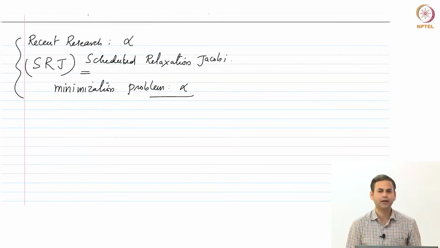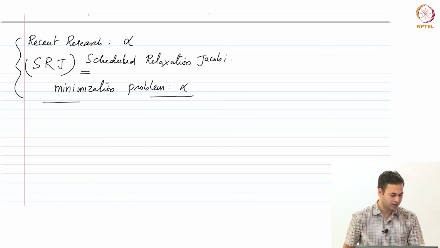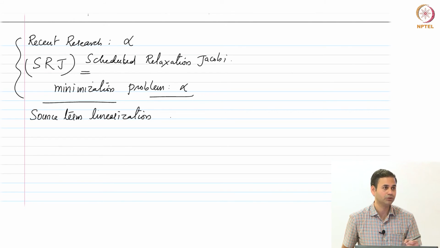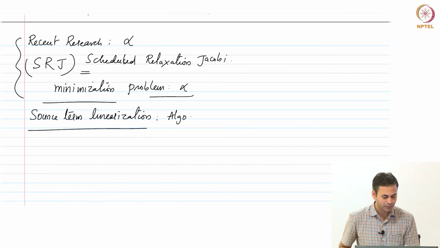Did we write an algorithm yesterday for the source term linearization? I guess we didn't. We just calculated the source terms and how to do it. We did not write an overall solution algorithm. So let me finish that part. Essentially, if we have source term linearization, this is important because you have to update the coefficients SC and SP as part of the solution loop. So it's a small algorithm.